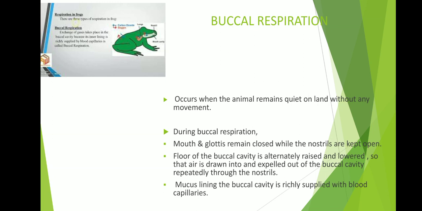Mouth closed, so no air enters or leaves through the mouth, and if the glottis is closed, no air enters or leaves the lungs. Only nostrils remain open. Through the external nostrils, atmospheric air enters into nasal cavities and it again comes to the internal nostrils, and then that atmospheric air reaches the buccal cavity. And the gaseous exchange takes place with the blood vessels present in the buccal cavity, because the epithelial lining of the buccal cavity is richly supplied